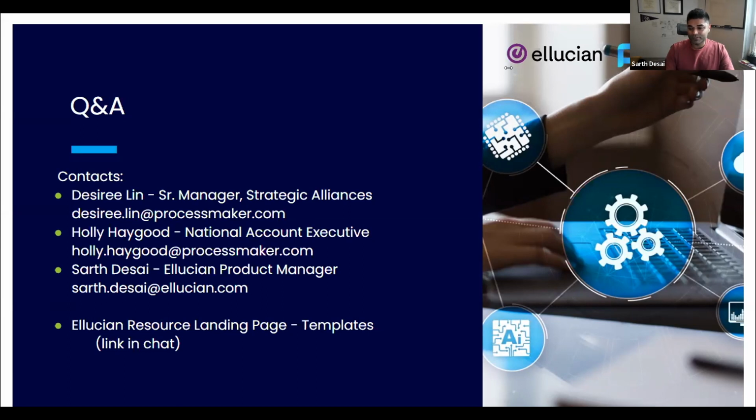Can clients only use templates in Process Maker? No, you can create your own templates. Maybe let me put it this way: Process Maker and Ellucian delivered templates are a starter kit. They're templates, so you install them or you import them, and then you modify them based on your use cases. But there are features where you can create shared components, and shared components help you by, I think there was a really interesting